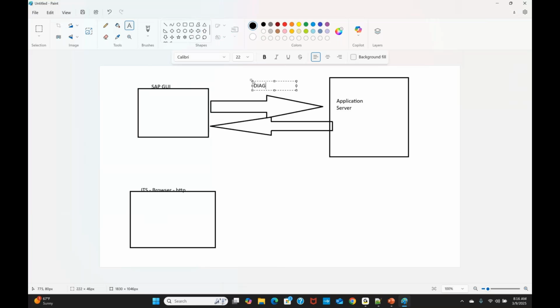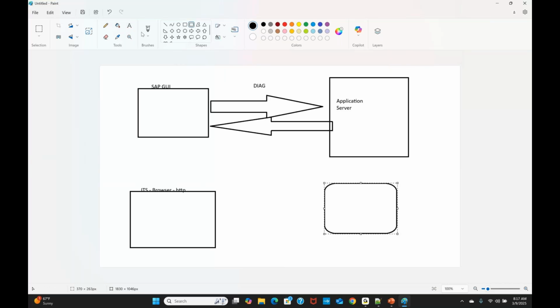The browser understands the HTTP protocol. How SAP resolved this is they built a converter which converts HTTP to DIG and DIG to HTTP.